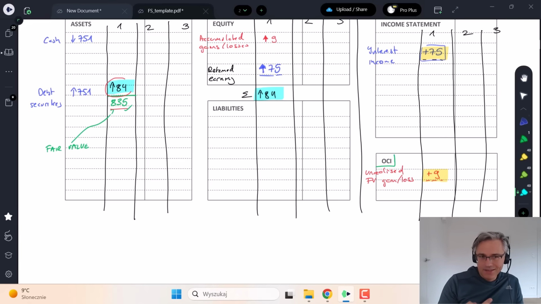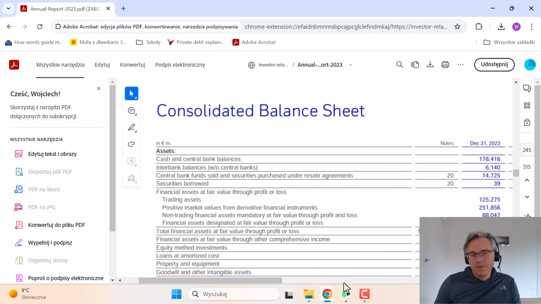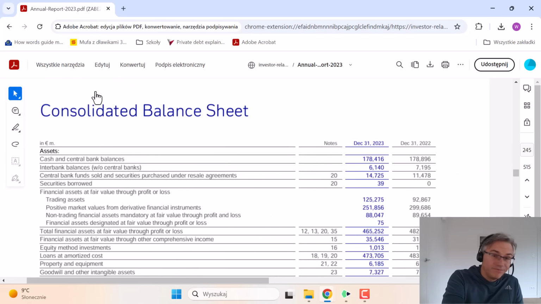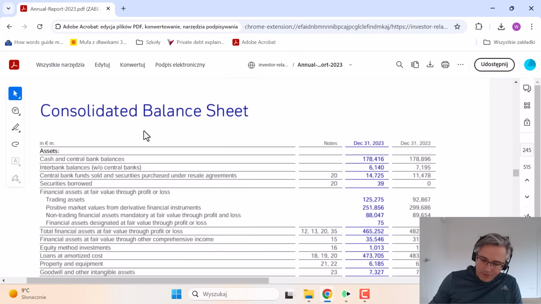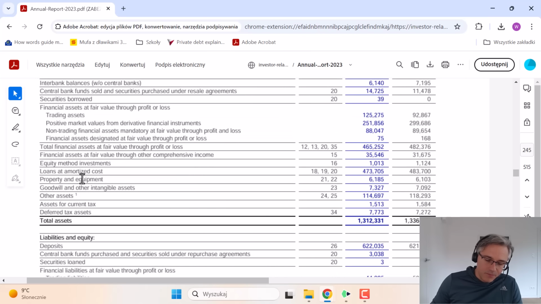In the second year, well, actually, before I go to the second year, let me show you an example of this happening in an actual set of financial statements. What I've done is I've opened up the financial statements of a very large financial institution, Deutsche Bank, right? So this is Deutsche Bank's balance sheet as at December 31st, 2024, and the end of the previous year as well. And within financial assets, you will see that